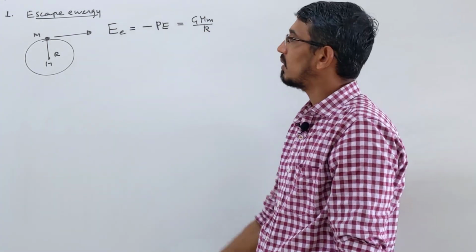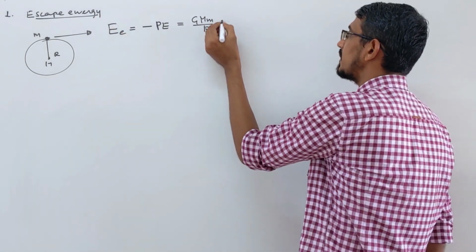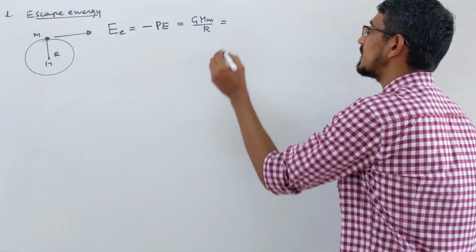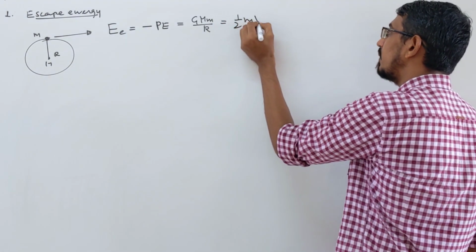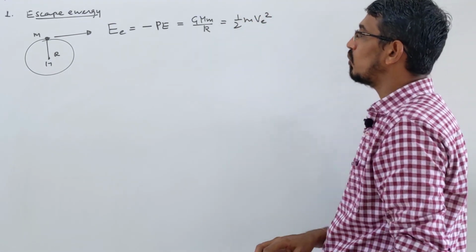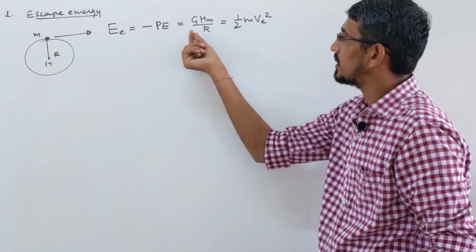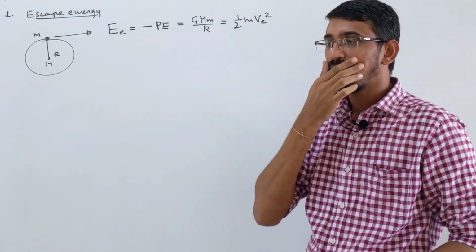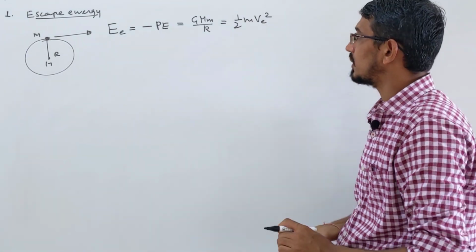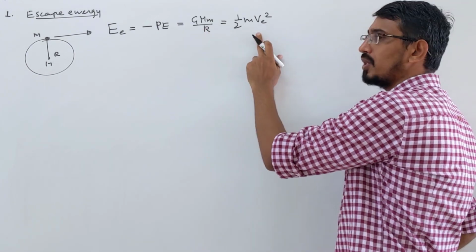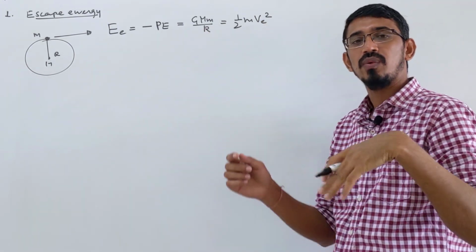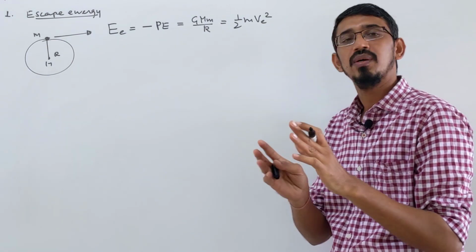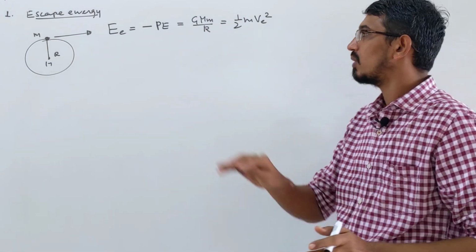That is the energy called escape energy, or you can write this energy in terms of your escape velocity also. If you know the escape velocity, it is simply the kinetic energy, half m v e square. Do not confuse this: one is the potential energy on the surface of this planet, the other is the kinetic energy in terms of escape velocity. I am not saying that kinetic is equal to potential. Do not confuse it with the formula you wrote for a satellite, where kinetic energy is half of the potential energy. Not that.